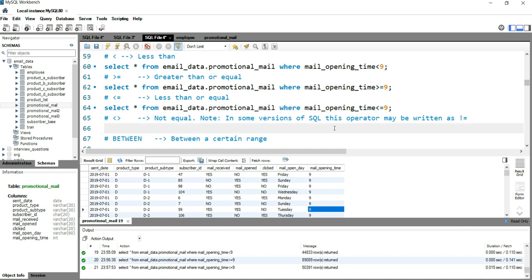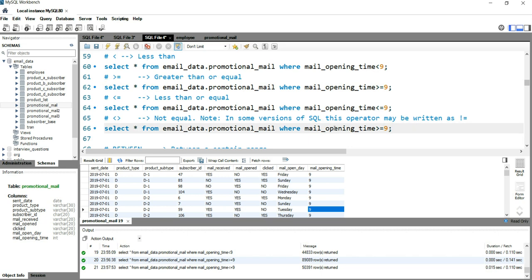Now what if you want the entire dataset, the entire record, but you don't want to have 24 in your data as a mail opening time, or let's say 12? So what will you do? We will take this same query. I'm a bit lazy, so I'll take the same query now.